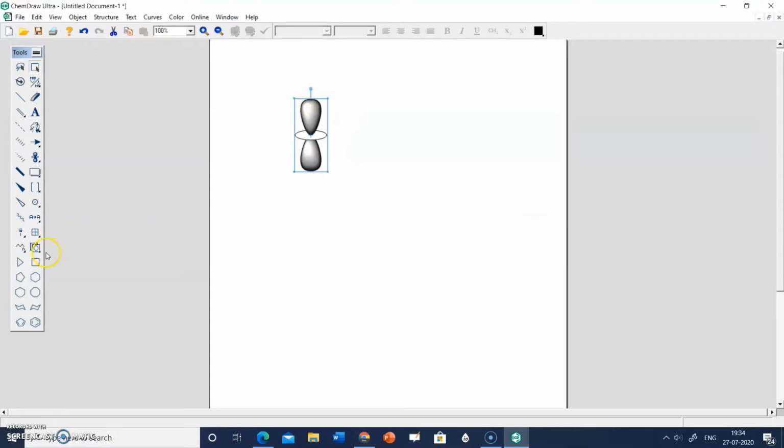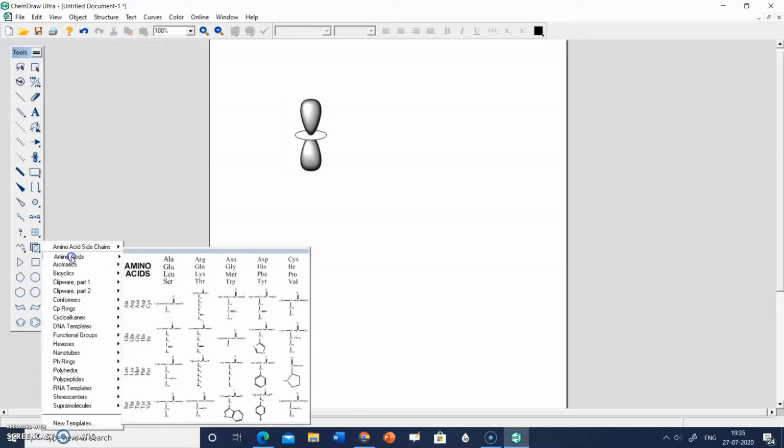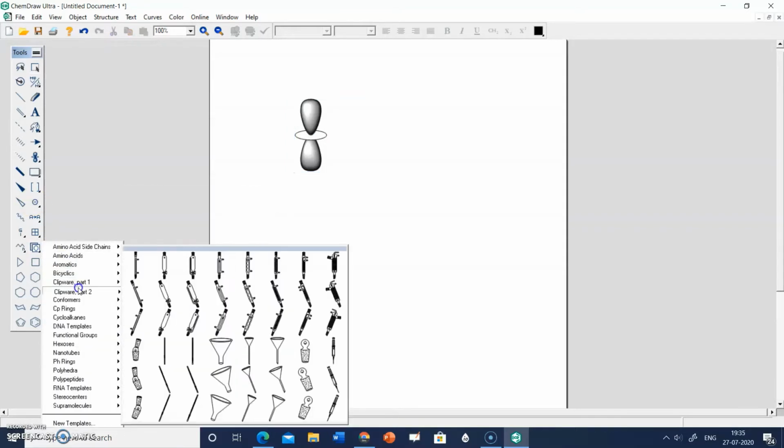I just want to show you another thing, that you can also draw different types of glasswares, different types of instruments for your experimental presentations in animated form, right? For that, click on this templates and go to clipwares.